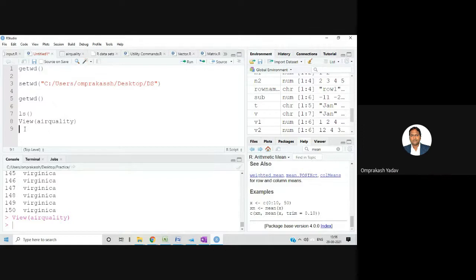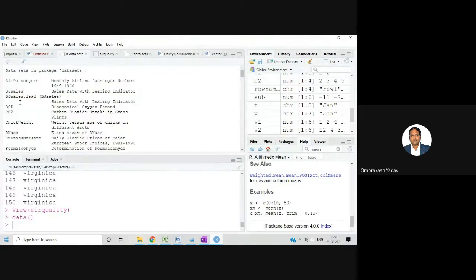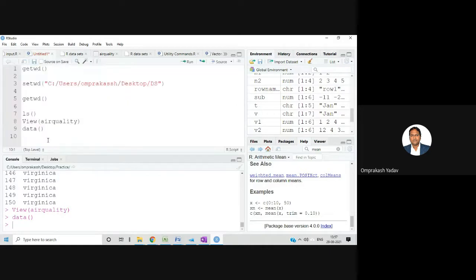Okay. So if you fire this data function, you press control enter, and whatever things you observe over there, all these are inbuilt. If you want something else which is not there, then you will have to see in which particular package it's there, and you will have to install that particular package first, and then you will be able to see. So if you want to utilize what is inbuilt and already available, of course you can see from here, and you can take that particular data and work with it. Okay, let's go ahead.